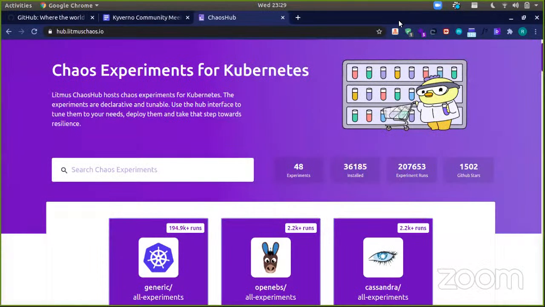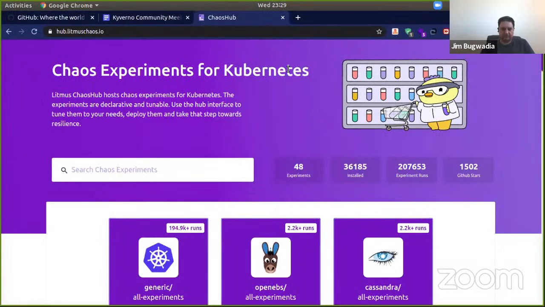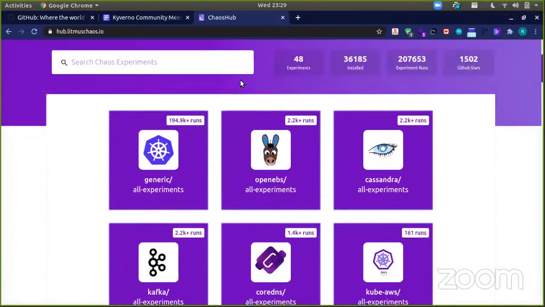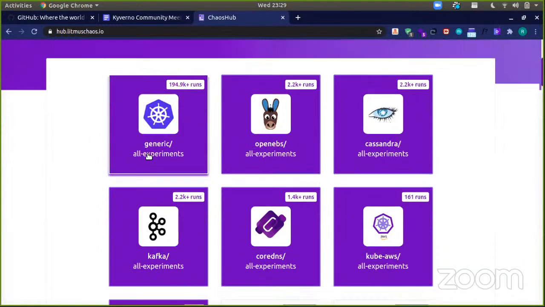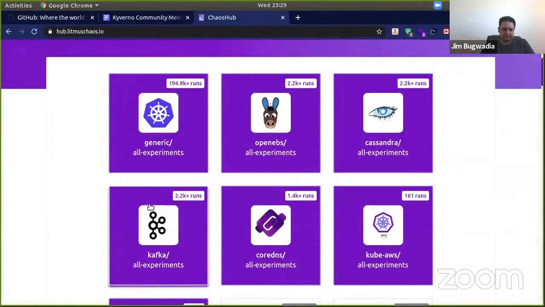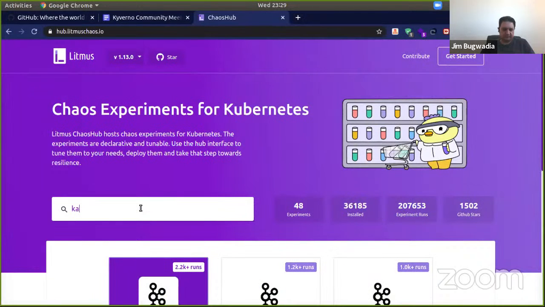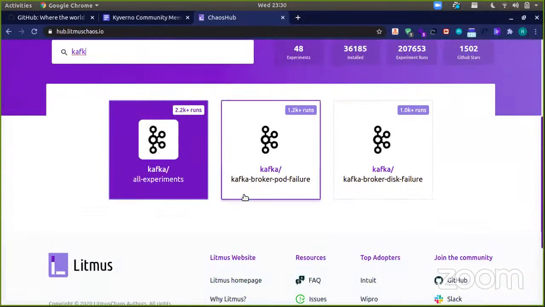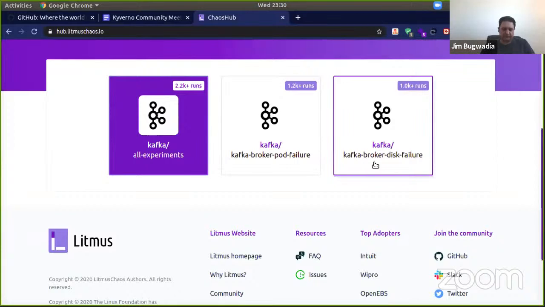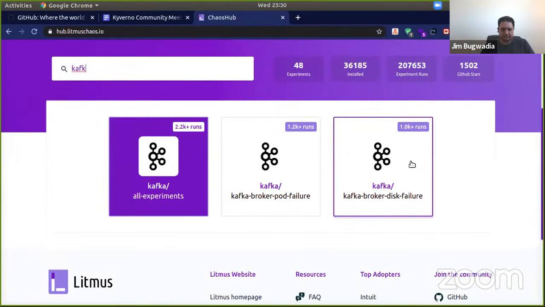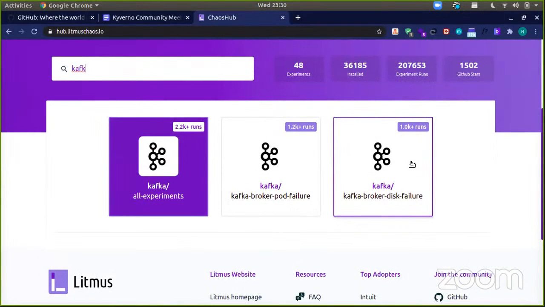Yeah. So this is a hub, as I already told. It's kind of an operator hub. What I want to discuss: here they have a set of experiments, like generic ones for Kubernetes, and like Kafka application. If you search for a Kafka application, there are some dedicated experiments like Kafka broker failure, Kafka broker disk failures. Just like that, I can make some test